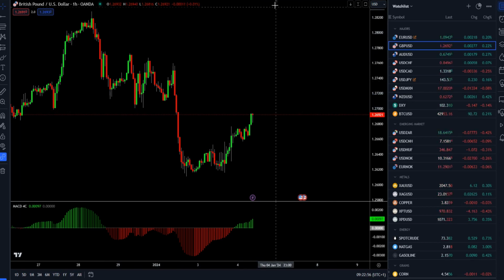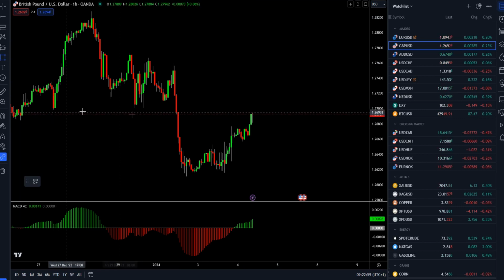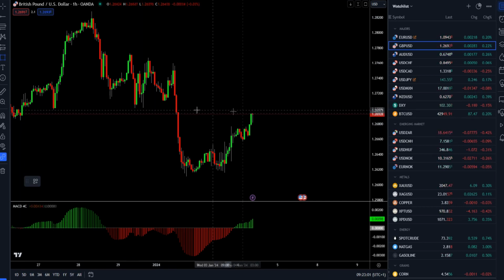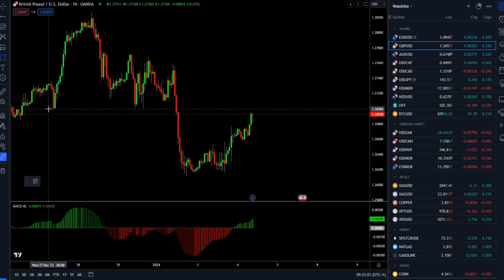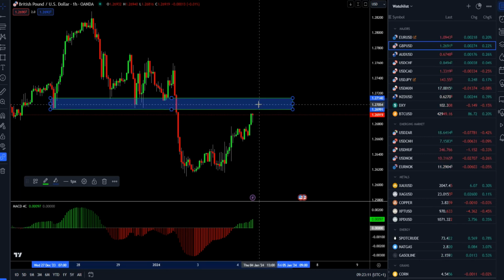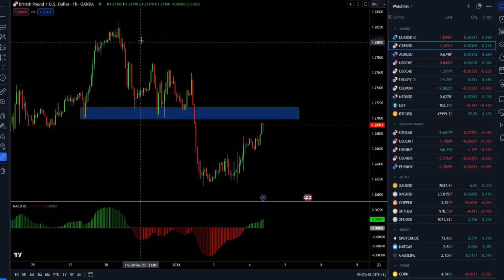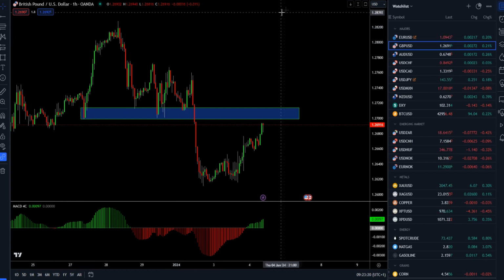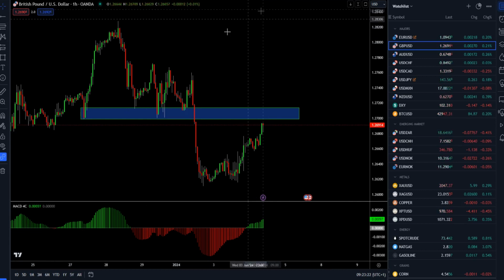What we have here is the hourly time frame of the British pound versus US dollar, and we can see that market is actually trading into the very important pivot level. Actually, this is a cluster of the lows from the background, which may act like resistance in this area. That is the zone around 1.2700 mark, 1.2710 mark, and this will be the crucial cluster to observe. Because